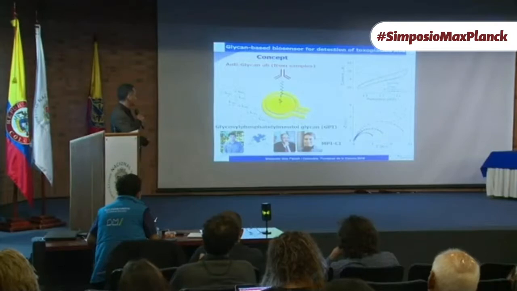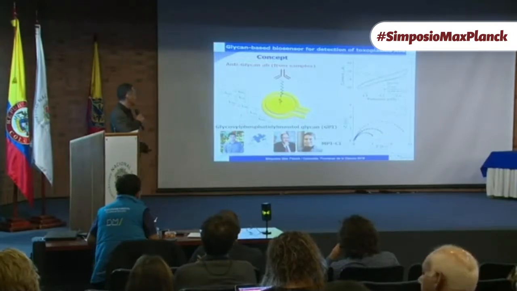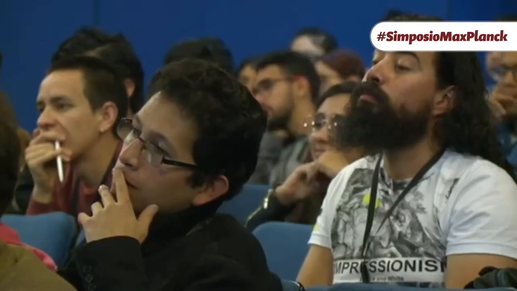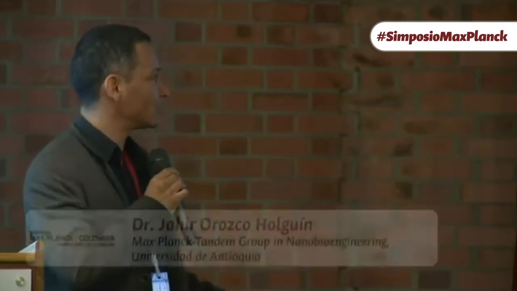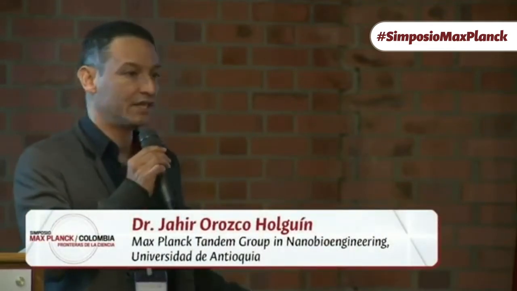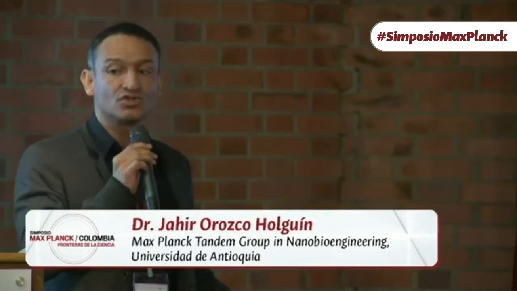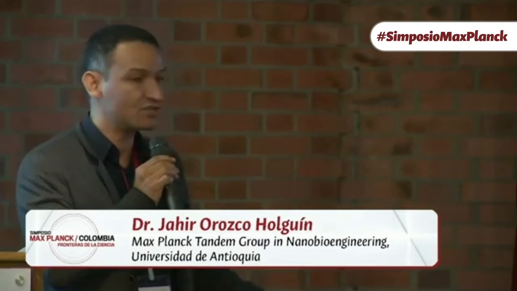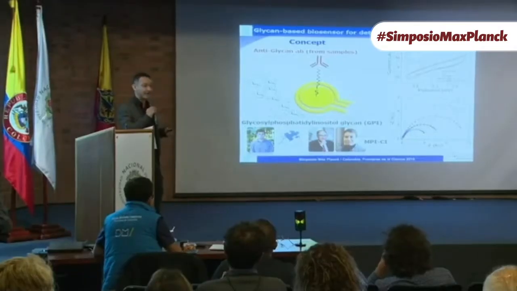This is the last example of biosensors. In this case, we're using a glycophosphatidylinositol glycan, I will call GPI. This is in collaboration with the Max Planck Institute of Colloids and Interfaces in Potsdam, specifically with Professor Daniel Baron, who is the next speaker. So they developed this GPI, and it has a thiol group in one of the ends, so we take advantage of this thiol group to chemisorb on top of a screen printing gold electrode. This GPI is able to recognize toxoplasma antibodies. Toxoplasmosis is a fungal infection transmitted by cats.